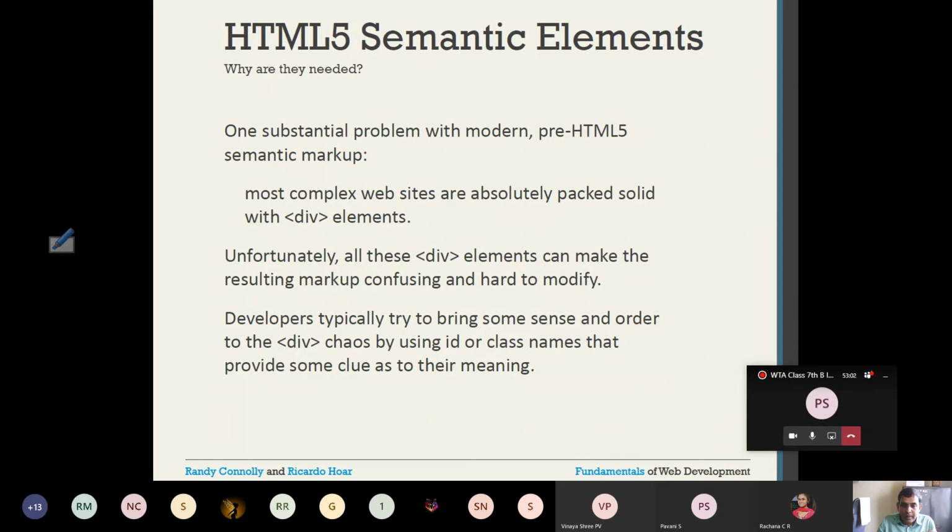Because an examiner or a person who reads your article or answers will be able to understand what the student means, so that he can evaluate it better. Similarly, when you develop a web page, use HTML semantic elements, so it will give better meaning to your web page. So web search engines can easily index it.